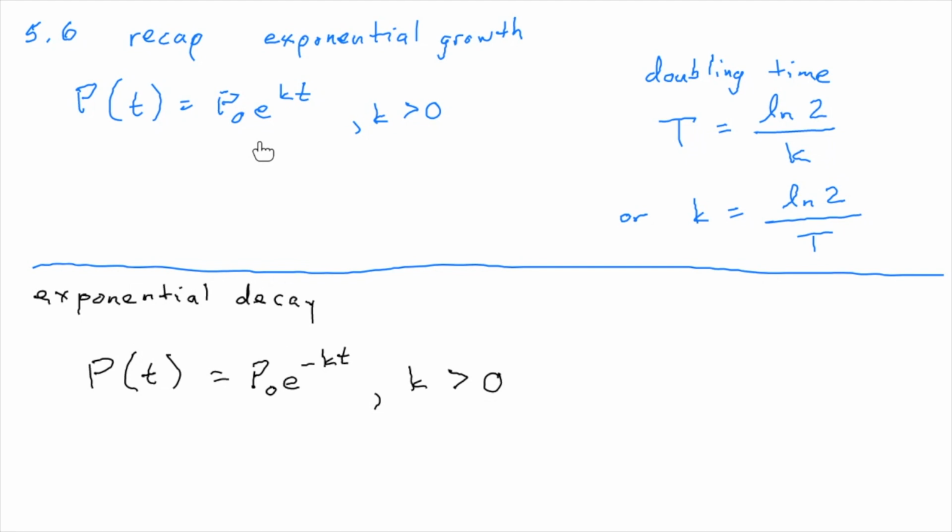If you have 1,000 rabbits, your population increases at a certain rate, a certain number of rabbits. The rate might be the same. It might be the same k. But how many rabbits do you get in a month if you have 1,000 rabbits? Well, some number. How many rabbits do you get after a month if you have 10,000 rabbits? Well, 10 times the number. And so the number of rabbits depends on how many rabbits you have. Here, the amount of stuff you have left depends on how much stuff you started with.